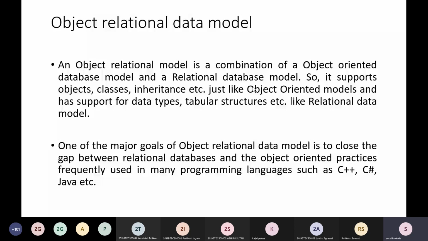One of the major goals of this model is to close the gap between relational databases and the object oriented practices frequently used in many programming languages like C++, C Sharp and Java. Where we use it, it will be beneficial to that system.